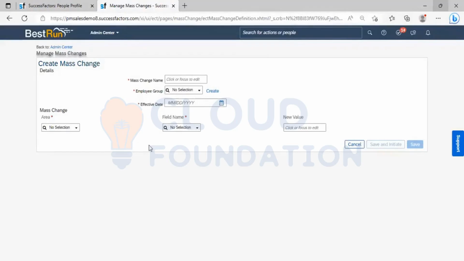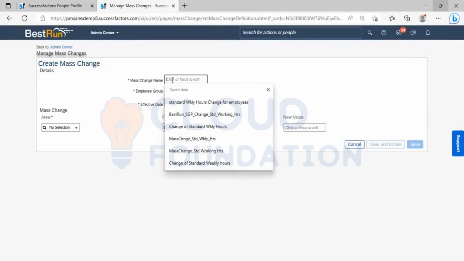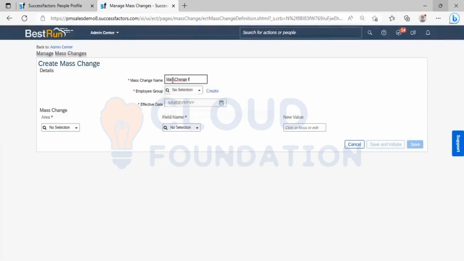Once I click on create new, I have to specify the mass change name. Here I am changing the standard weekly hours. Let me specify a name here. I will name it for standard weekly hours. And I can specify